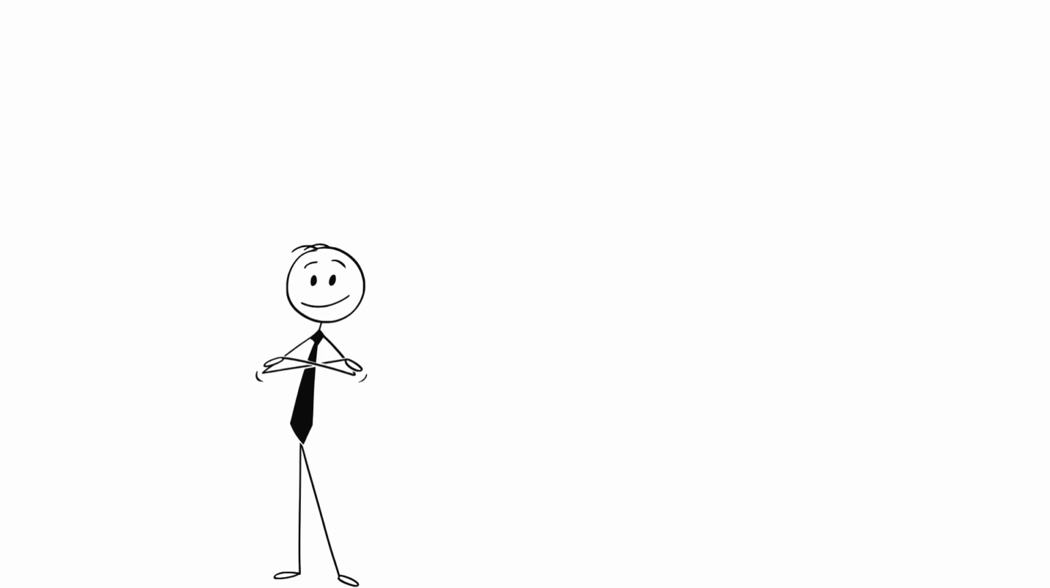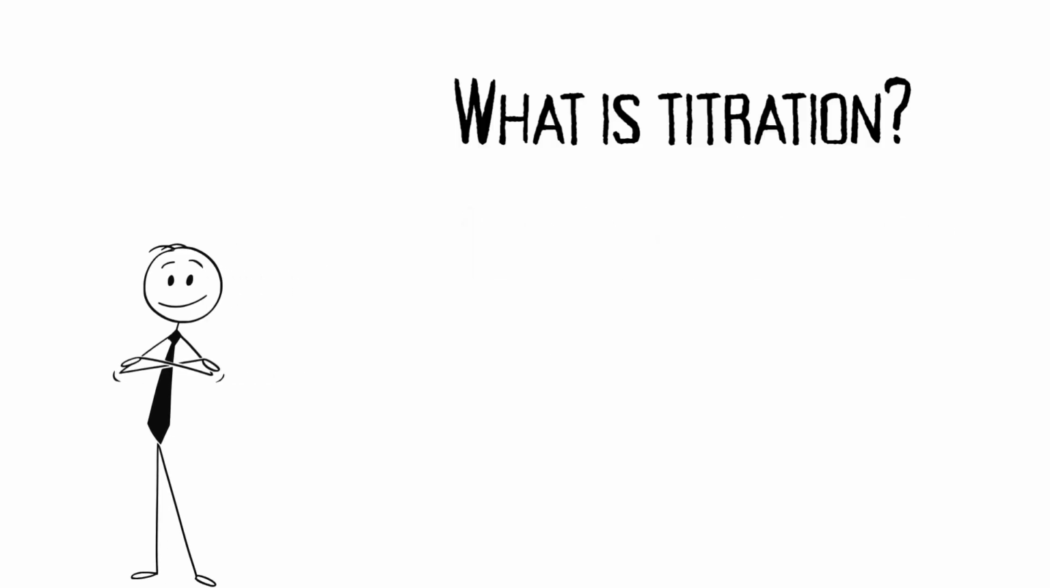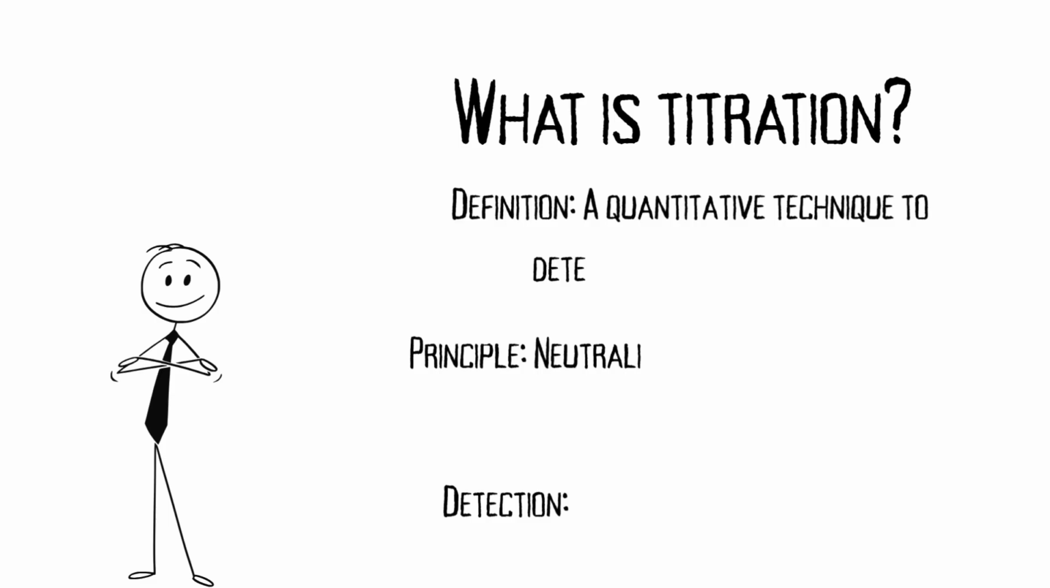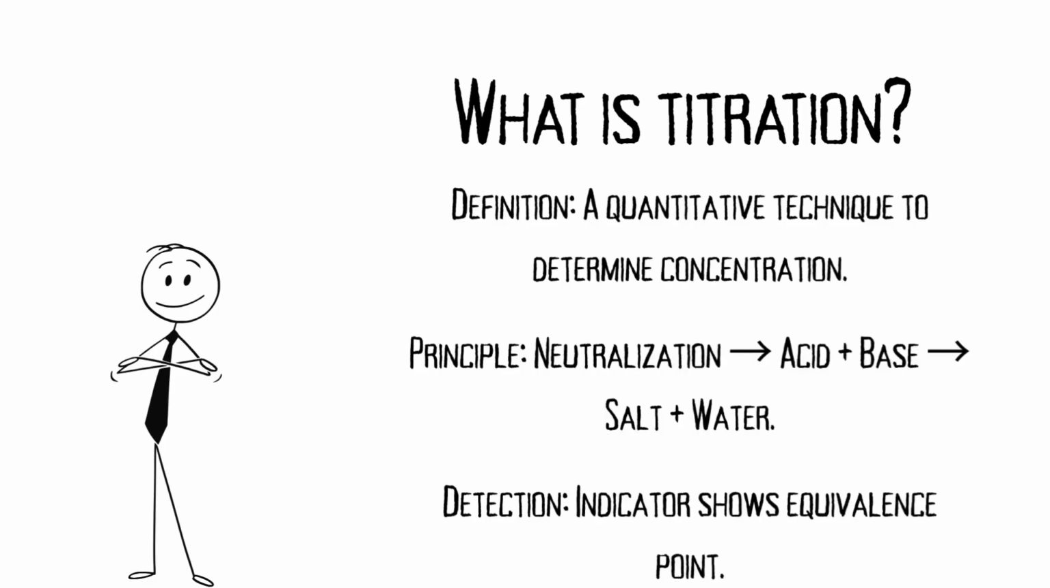Welcome to a deep dive into one of the most fundamental and precise techniques in all of analytical chemistry, acid-base titration. Before we get into the nuts and bolts, let's establish a foundation. What exactly is titration? The definition is that it's a quantitative technique, meaning it gives us exact numbers, used to determine the concentration of an unknown substance. Its underlying principle is simple, the neutralization reaction, where an acid and a base react perfectly to form salt and water. The detection of this perfect reaction is shown by a visual cue, usually an indicator which signals the equivalence